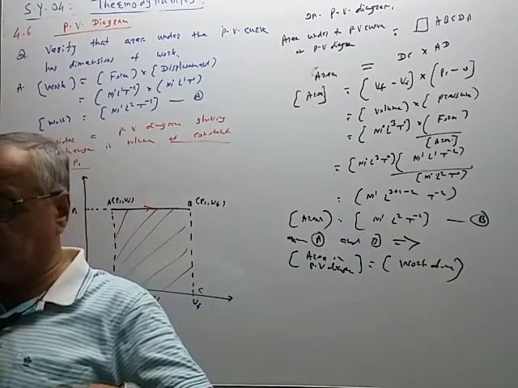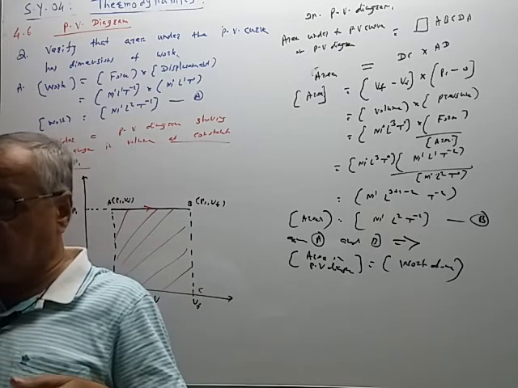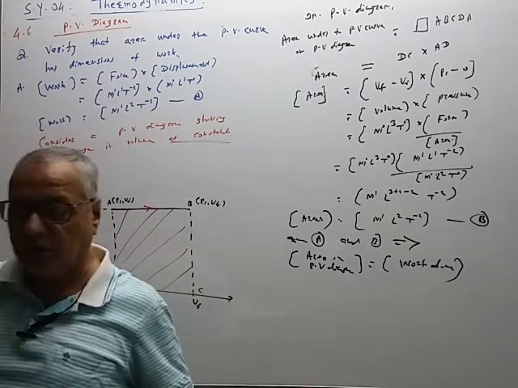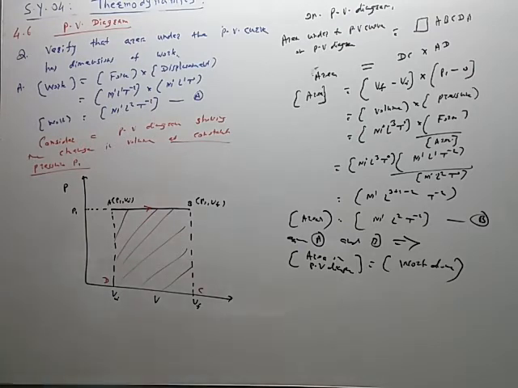Now we have to see the use of the PV diagram again. So what is meant by path on the PV diagram? So in our graph, the line joining initial state A and final state B is called the path. The path may be a straight line as shown in our graph, or it may be a curve as we have shown in the previous graph, like this.